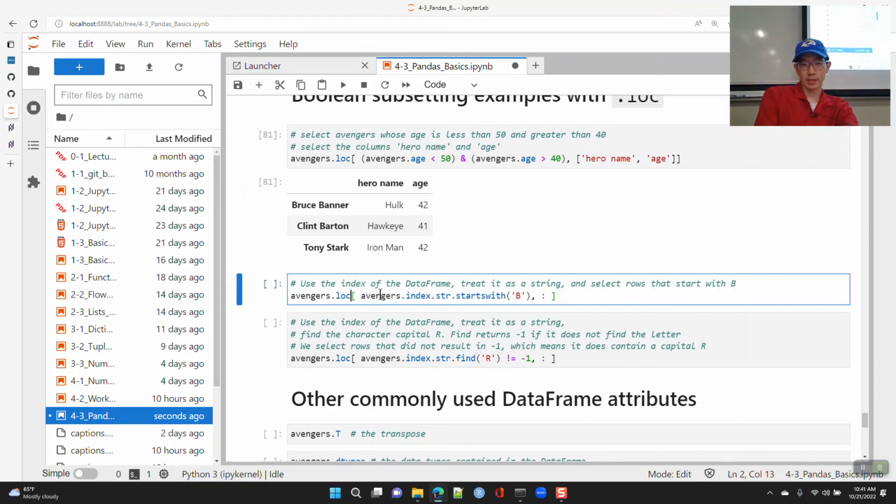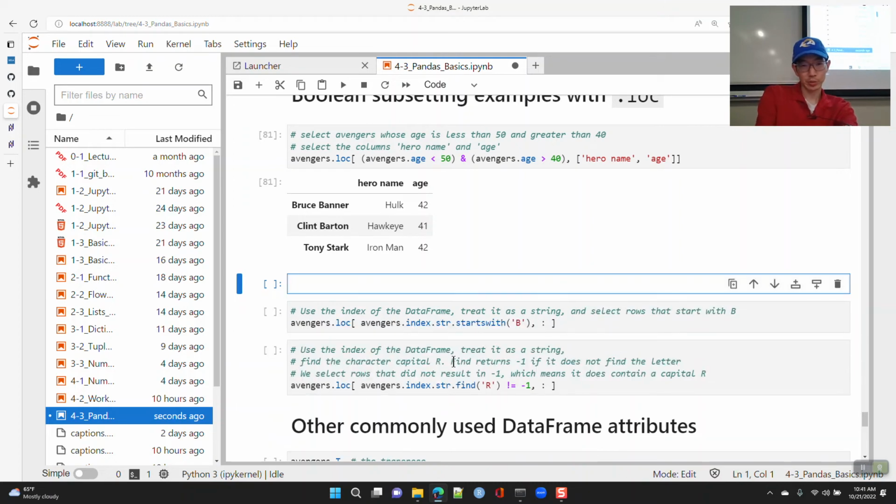All right. So if we have that, you can also take the index. So here I'm chaining several methods. Let me just show you what each of these things do.